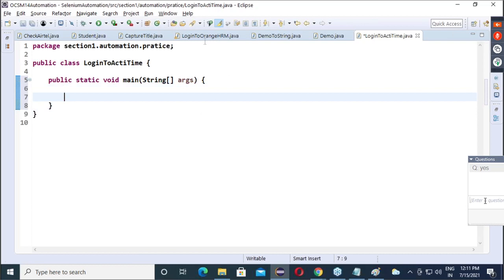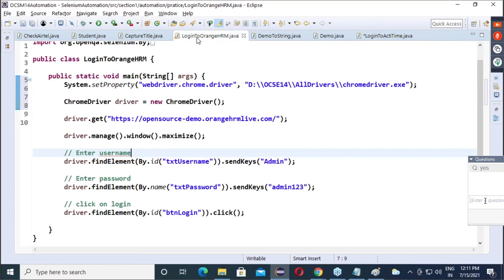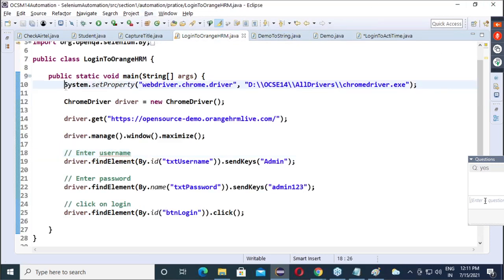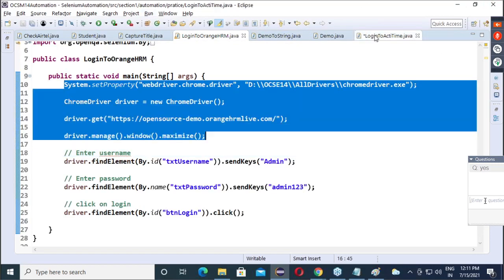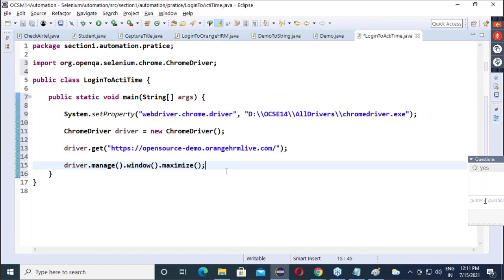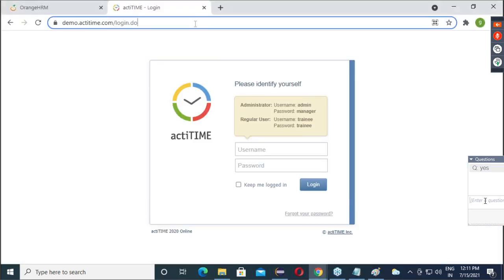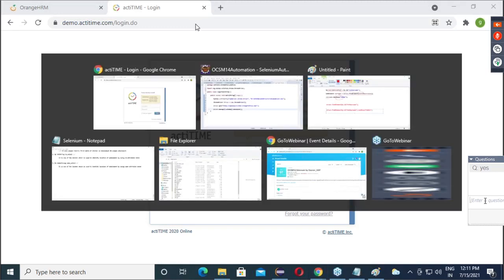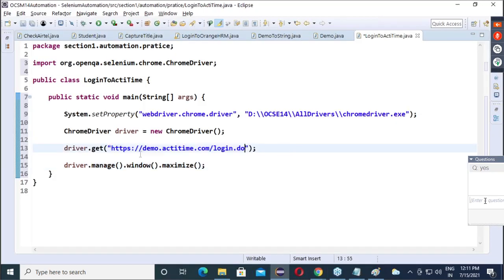Now guys, can I copy the code up to this? Okay, first four lines are same. So I'll just copy paste. Now we will give this URL.